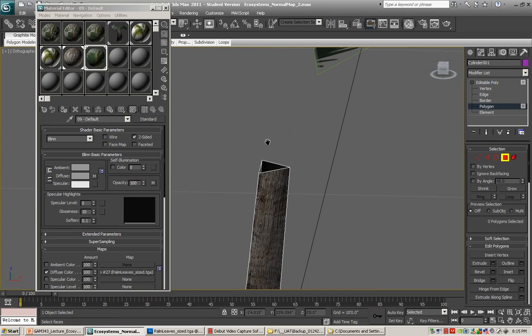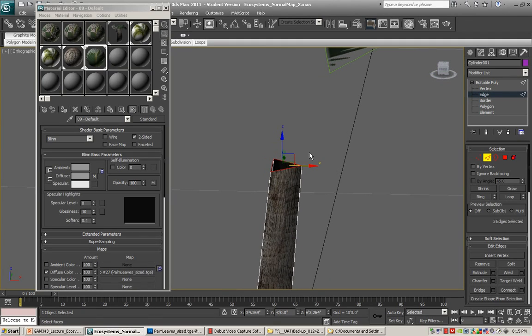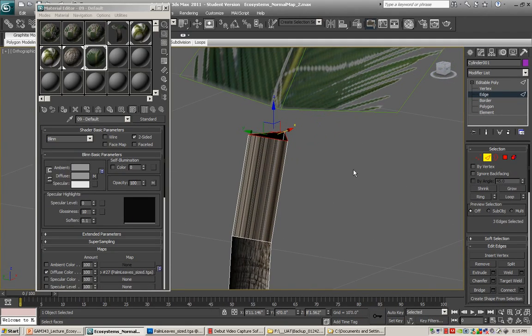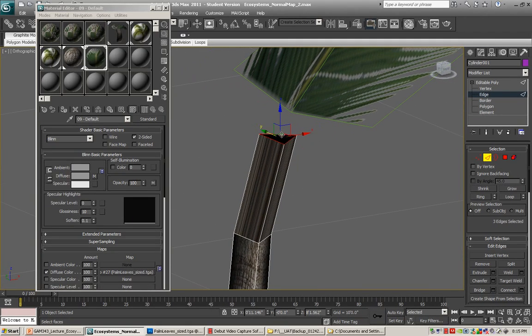What I think I'll do for this lowest poly tree is just to select these edges, and if I hold my shift key down, I can pull those out, extrude those out, and create that additional geometry that we're looking for. Now I don't need